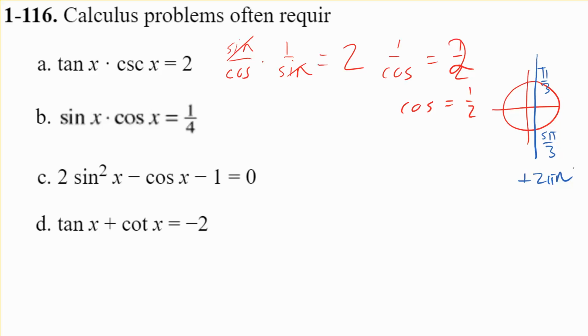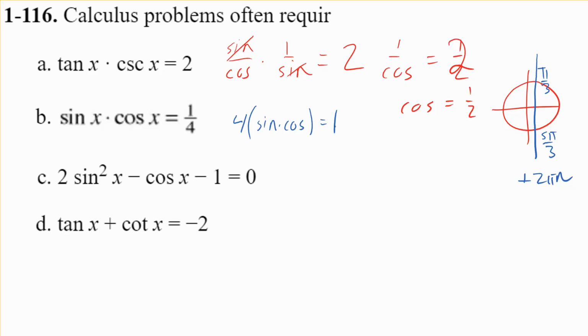Good. Let's look at the next one. This next one is definitely one that is an advanced trig solver. Sine times cosine. So you really can't eliminate anything there. So there's a sneaky little trick based on the math notes box above. If I multiply that 4 over, and I get 4 times sine cosine equal to 1,